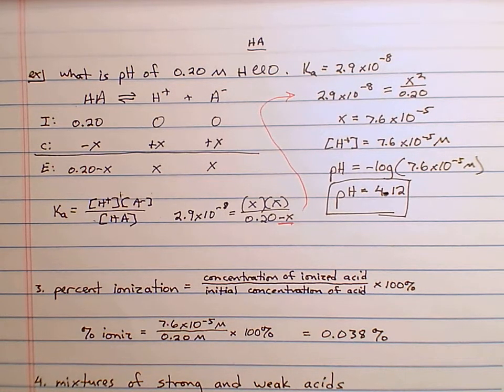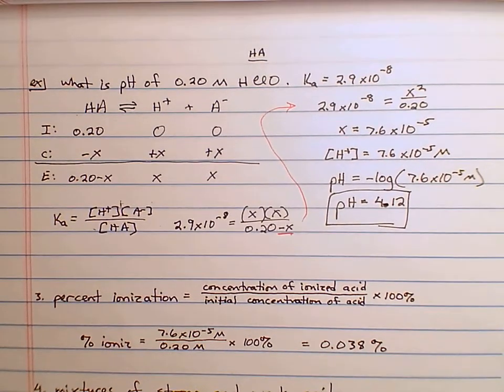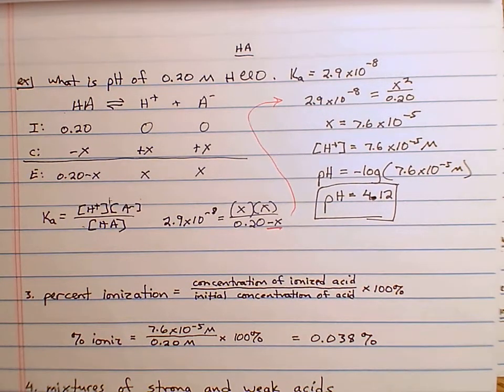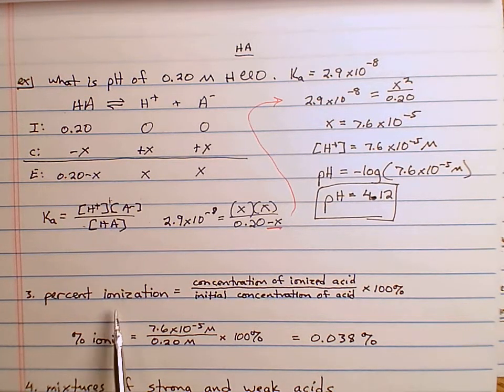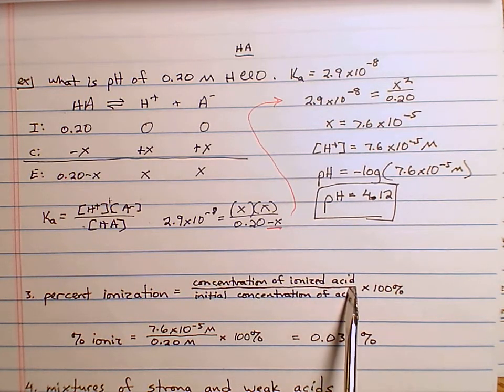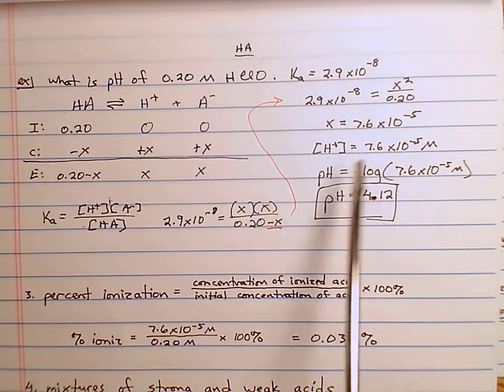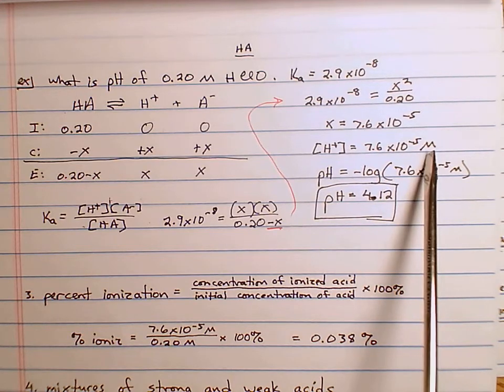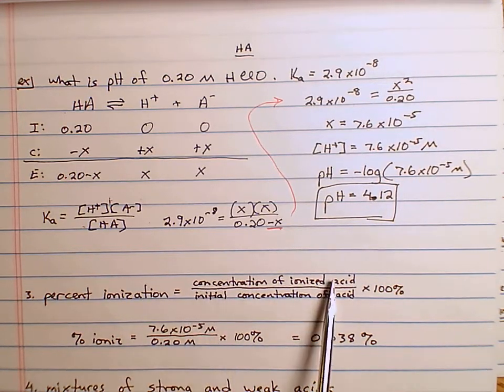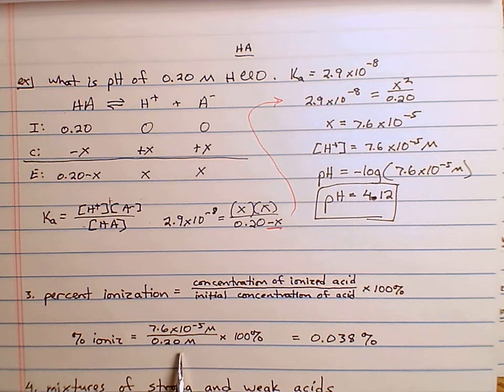Last thing for this video is the concept of percent ionization. That is just a term where you calculate the concentration of your ionized acid divided by the initial concentration of your acid. It's essentially the concentration of H plus divided by the initial concentration times 100%. So note, our concentration of H plus here was 7.6 times 10 to the minus 5th molar. That goes at the top, concentration of ionized acid. Our initial concentration was 0.2 molar, so 7.6 times 10 to the minus 5th divided by 0.2 times 100% means our percent ionization is